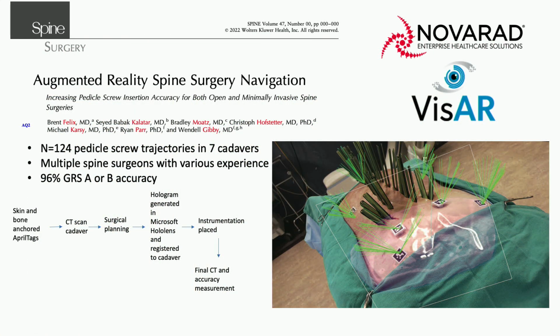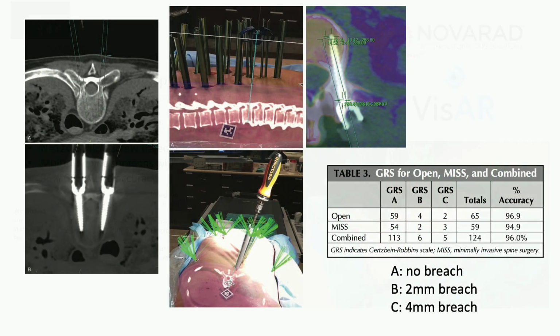This is a study we did with this group looking at spine. I do some spine surgery, even though I'm mostly a neuro-oncologist. The goal with this was to see if using augmented reality, you could place pedicle screws percutaneously or even open more accurately. This is an example of what this looked like. And overall, you can see post-operative images of what this ended up looking like. Using the grading system for pedicle breaches, the Gertzbein-Robbins system, you could show that over 95% of these placements had 0 or 2 millimeters of a pedicle breach. So basically, a very accurate way to do this, and a way that could potentially be useful for